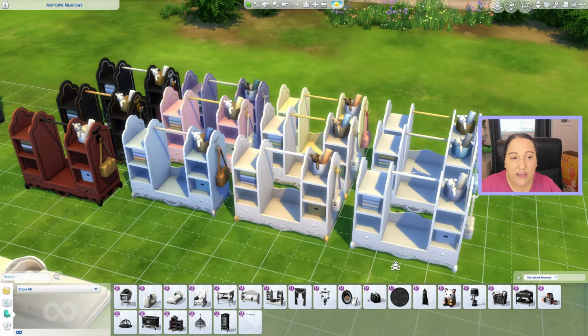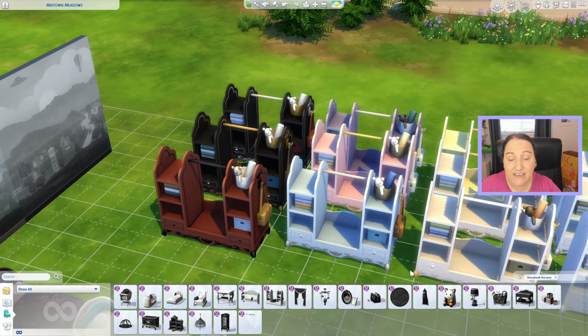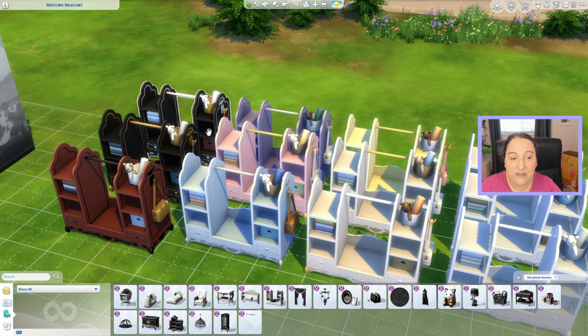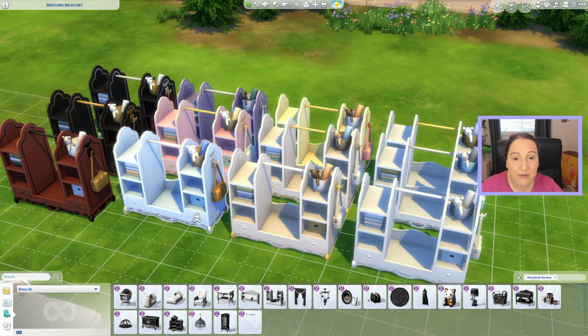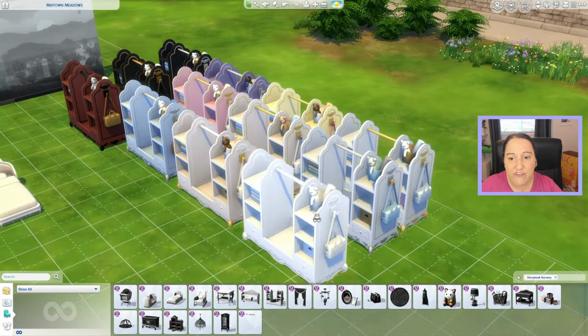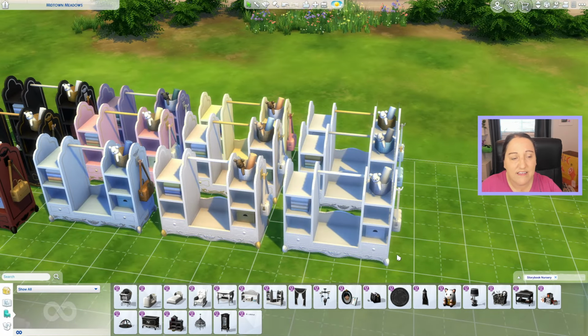And here we have the wardrobe, which you can actually hang clothing on, which we'll look at in a minute, but it comes in all those dark gothic colors as well as the pastels. This one actually has the light blue, no light green, but we do get a bunch of variations on the white, and those white variations are variations because they come with white accents, silver, or gold accents, and I just